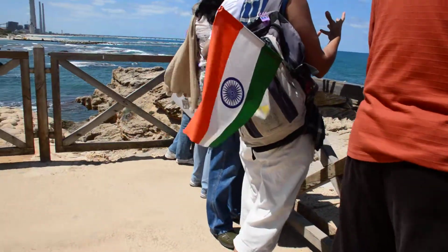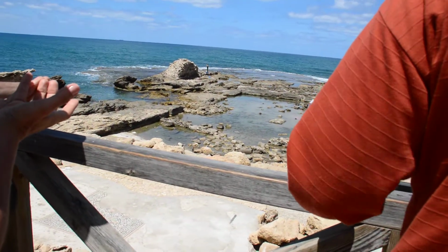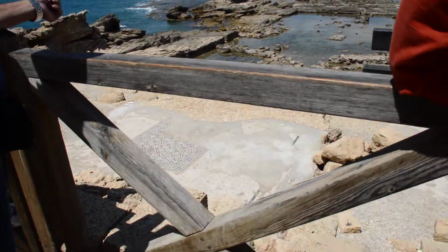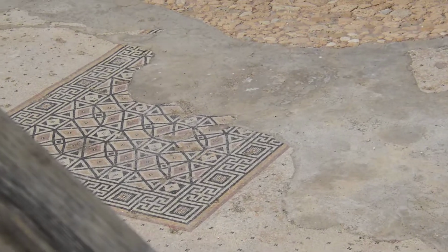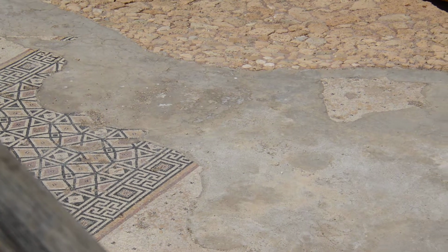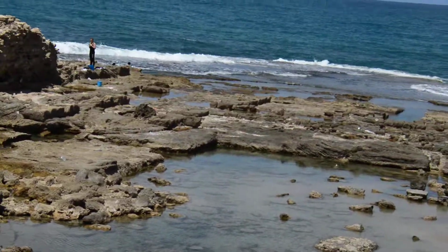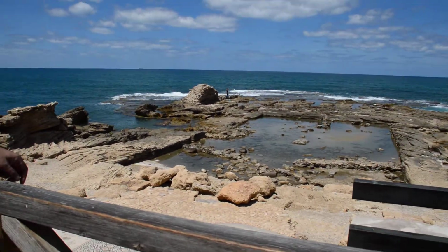Jewish people don't make it's like what we say the Ten Commandments, that you shall make no statue and no image. So all the decoration that we find in his palaces in Masada, in Jericho, it's always either geometric or vegetation, flowers, birds. Masada had a palace? Oh yes, Masada. But I thought it was destroyed by the